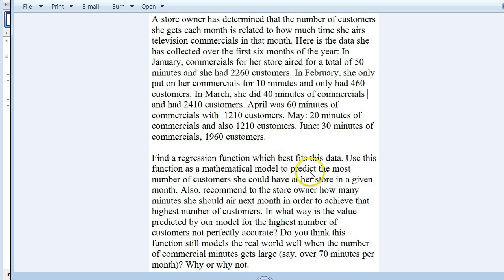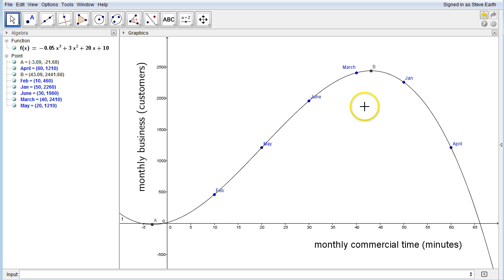Going back to our question here, it said, also recommend to the store owner how many minutes she should air next month in order to achieve that highest number of customers. So going back to our graph, remember this is the high point B. It looks like it lines up with a little bit more than 40 because March was exactly at 40. And in fact, if you check the coordinates over here on the side, it tells you 43.09, that's how much across on the x-axis, and the x-axis represents our commercial time. So what this is saying is, if we aired